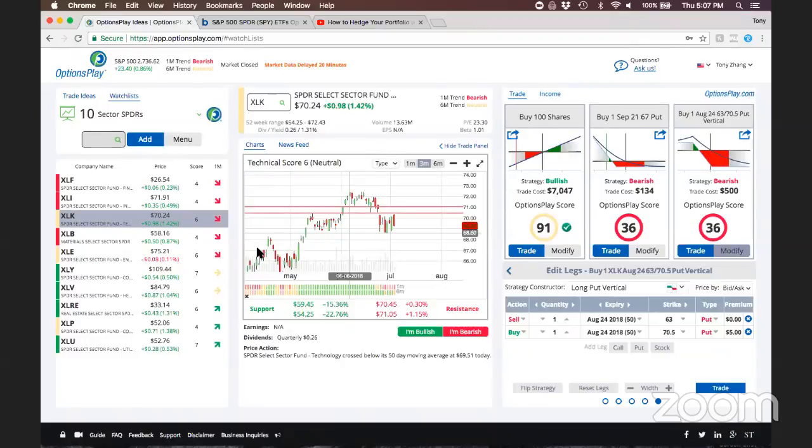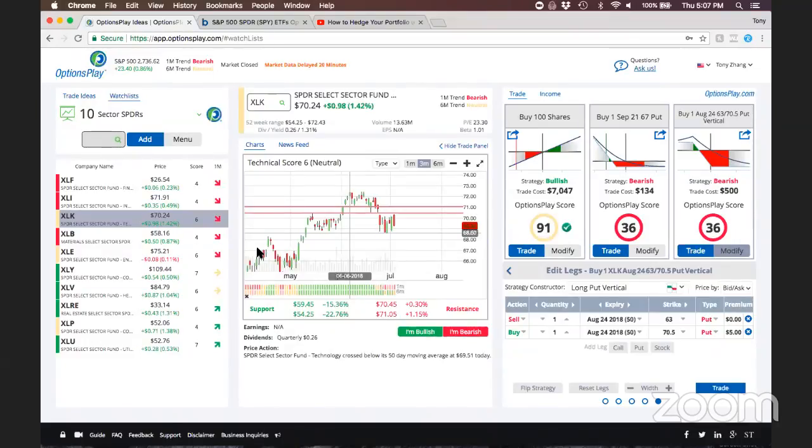What about selling call verticals in the same ETF to finance the hedge rather than covered calls? You absolutely could. Obviously by selling call verticals or credit spreads, you're going to receive less income than if you were selling covered calls. I actually usually recommend selling covered calls on the individual names or the stocks that you own, because you actually get a bit of arbitrage there, because the individual stocks will actually give you a higher volatility than the cost to buy a hedge on the ETF. So you can actually get a little bit more extra on the